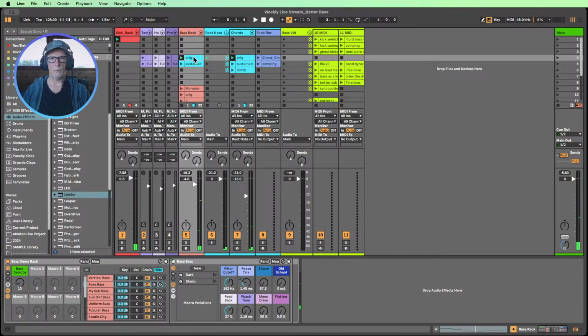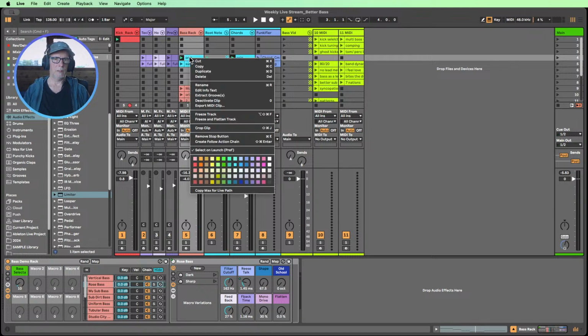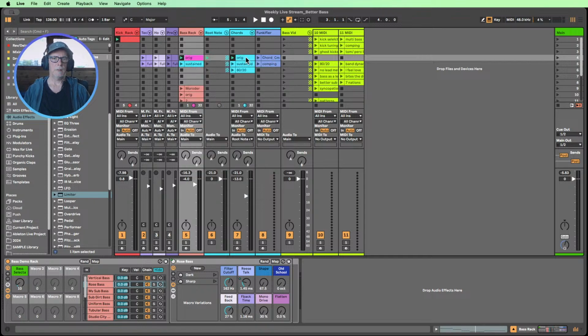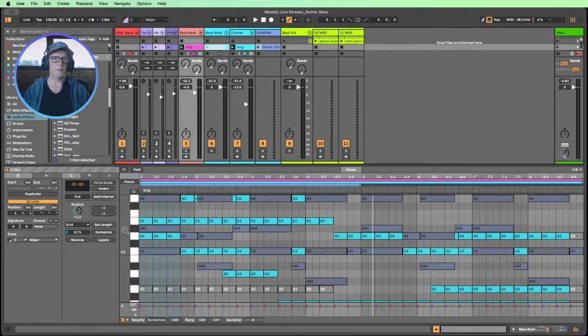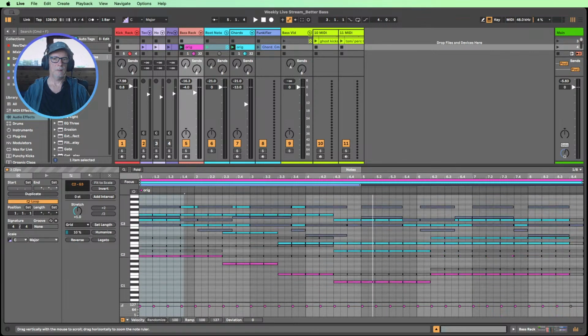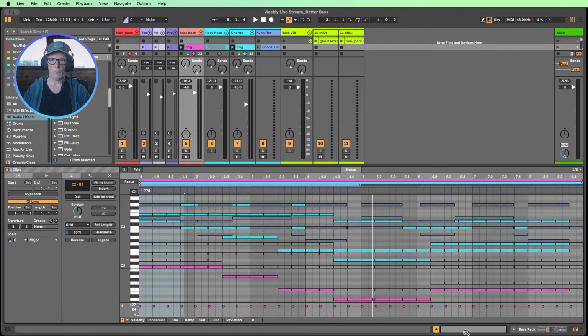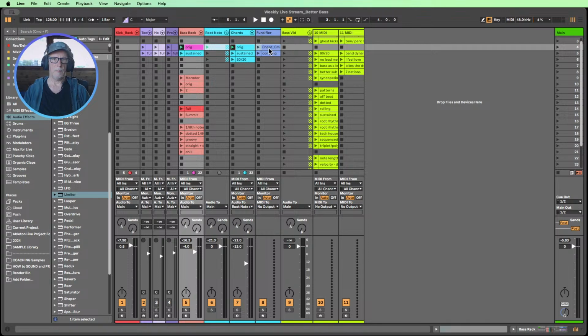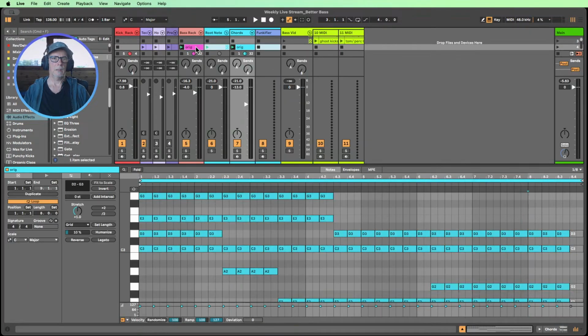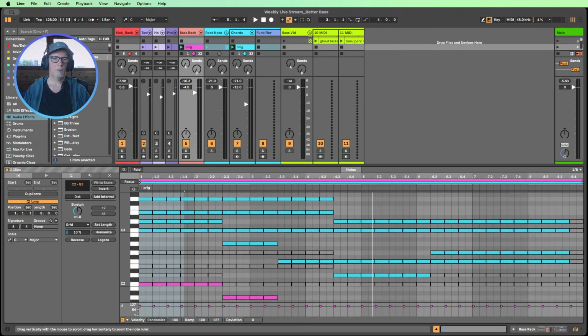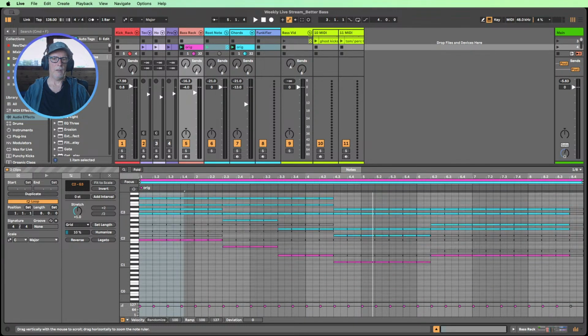But what I want to talk about is when you do something like this, so let's make our clip here a really bright color, something like perhaps the pink here, and let's open up the original chord MIDI and layer that in with that. So we can see it down the bottom here, right? And what we want to do is just tidy that up a little bit so we don't get too many clips in the way. Let's bring these out of the way so we don't see those. We'll do that again, so we layer those two over each other, right? And so we've got that.